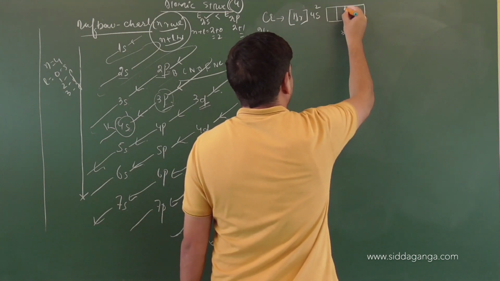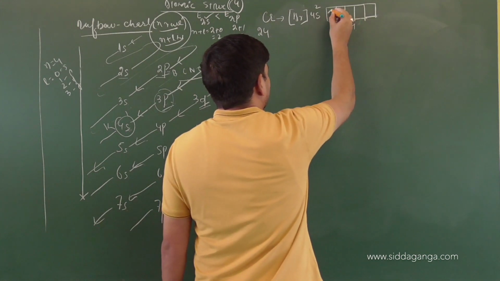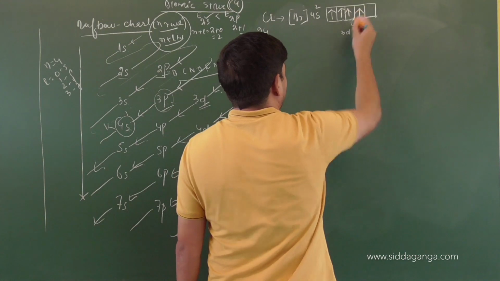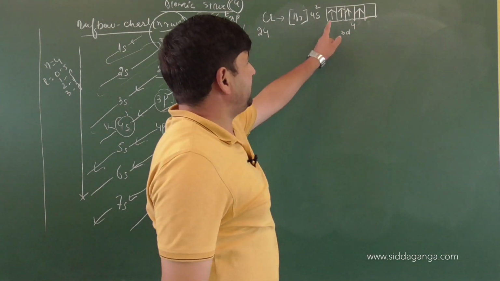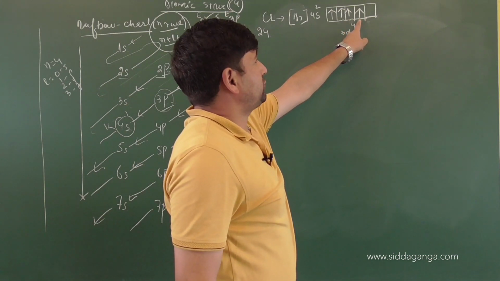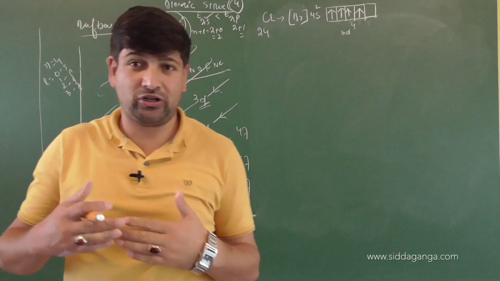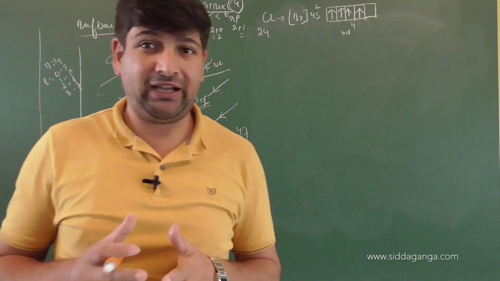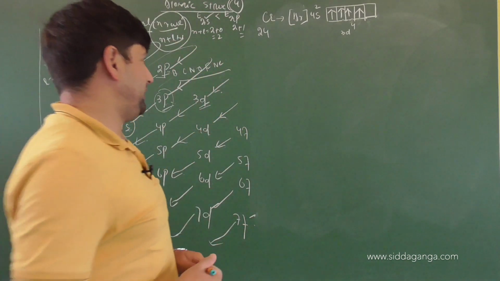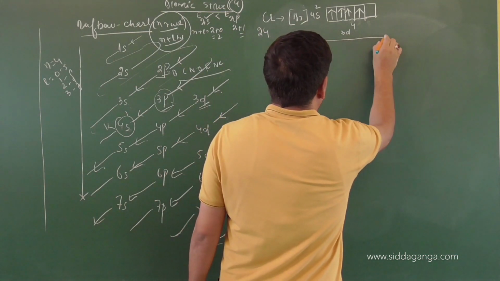So I will draw 1, 2, 3, 4 and 5. Now 1 electron here, 1 electron here, 1 electron here, all clockwise, 1 electron here, in different orbitals: dxy, dxz, dyz, dx square minus y square, and dz square. Yesterday I told you how exactly those orbitals look: double dumbbell shape, except the dz square orbital, all are of double dumbbell shape, in between the planes and on the plane. Correct. Now this is the electronic configuration that we are expecting.